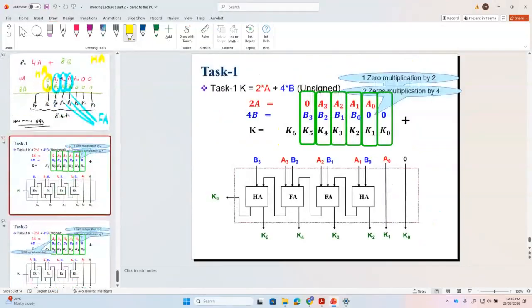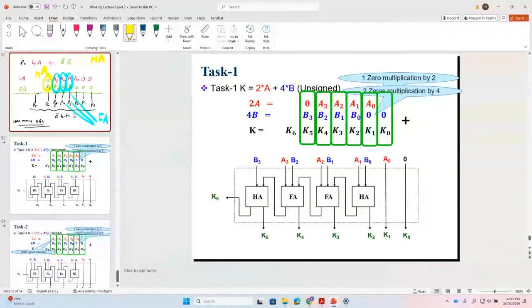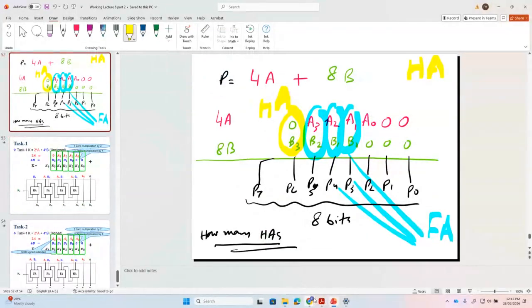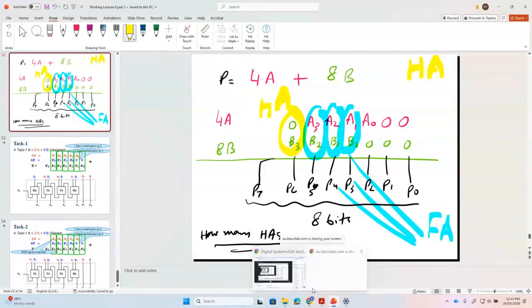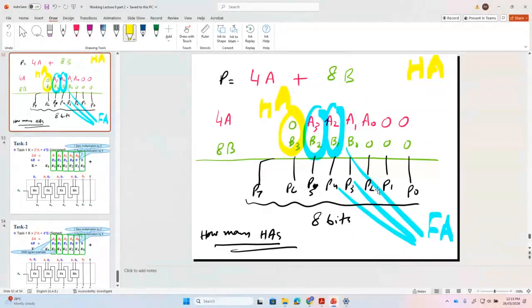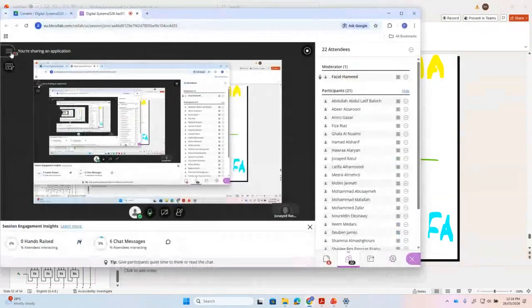Professor, in the previous slide, isn't it a half adder for A1, B0? Yeah. Very good. Thank you for the correction. So this one is also a half adder. So we need two half adders and two full adders. Any question? What I'm going to do now, I'm not